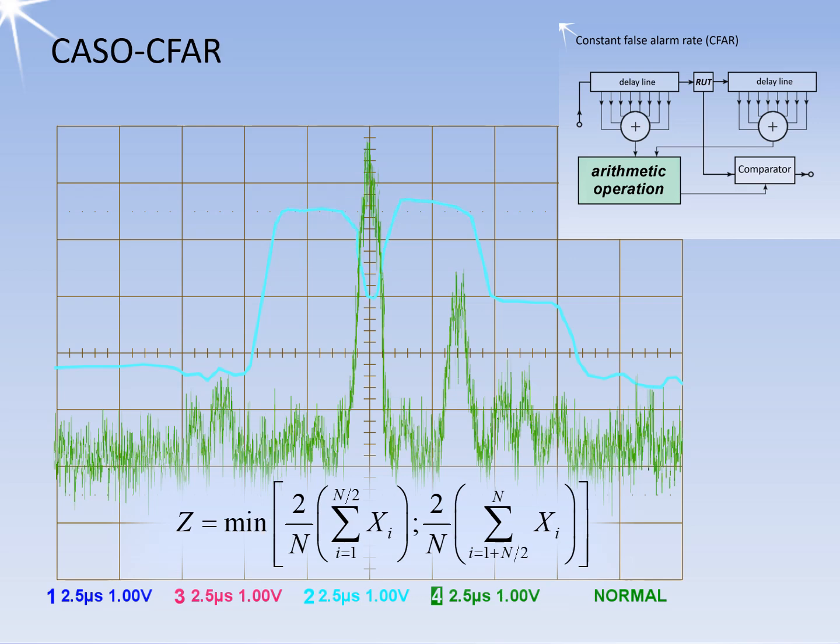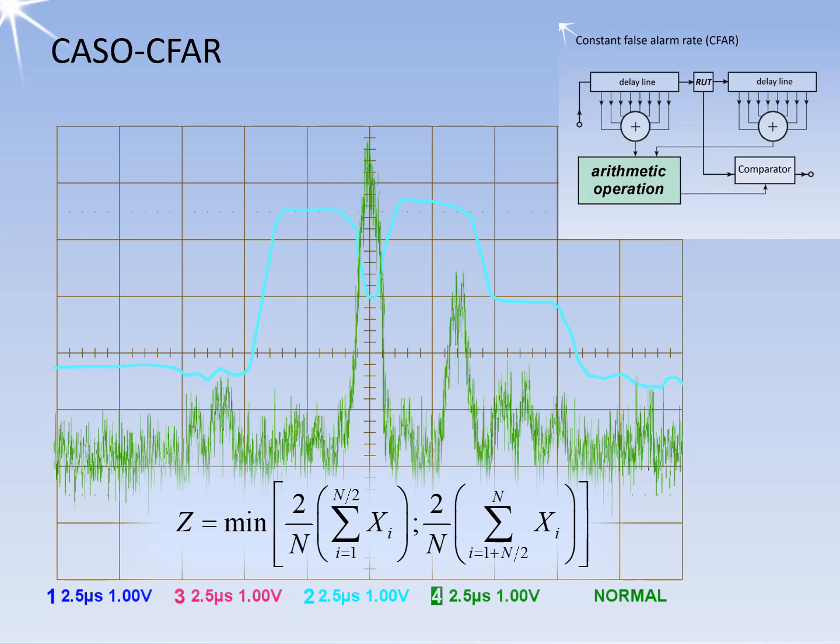The cell averaging smallest of CFAR, abbreviated to CASO-CFAR, uses the same circuit as the CAGO-CFAR. The only difference is that instead of using the larger of the two output signals from the delay lines, the smaller one is used. The larger level of the neighboring target sign is thus usually not used for the threshold calculation. This somewhat reduces the risk of two neighboring target signs masking each other but does not eliminate it, as